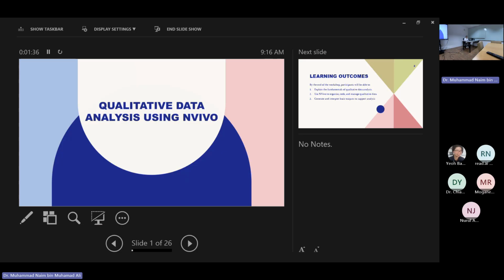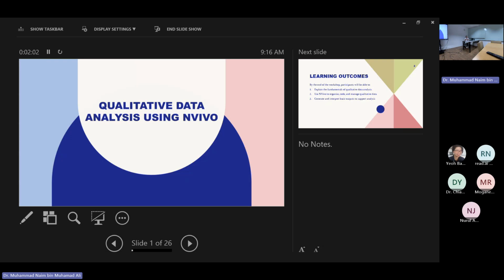Never used. Okay, so a little bit about me. I have used NVivo since 2018 for my research, during my master's at UiTM Shah Alam. So I have used NVivo since NVivo 10. Now we have NVivo 15, which has an AI assistant, which is very easy.